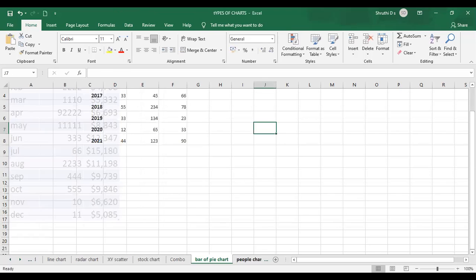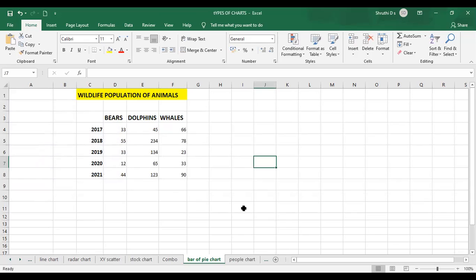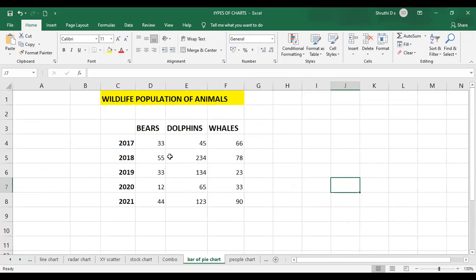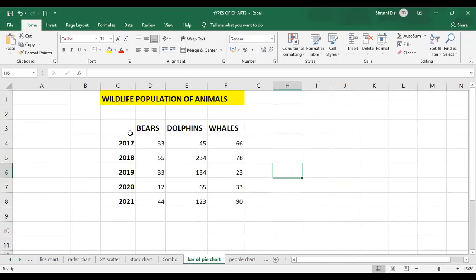The next one here is the bar of pie chart. Now I have some census data to work with. See here, I have the complete range of data.